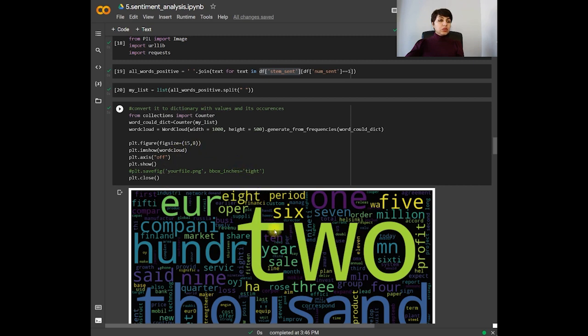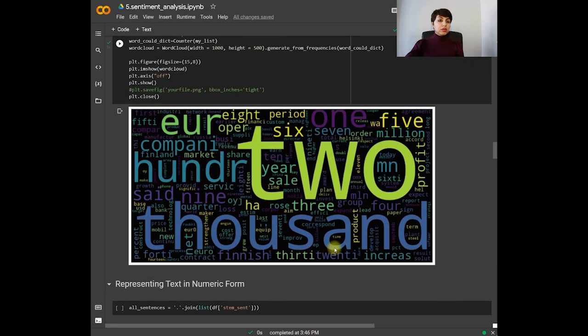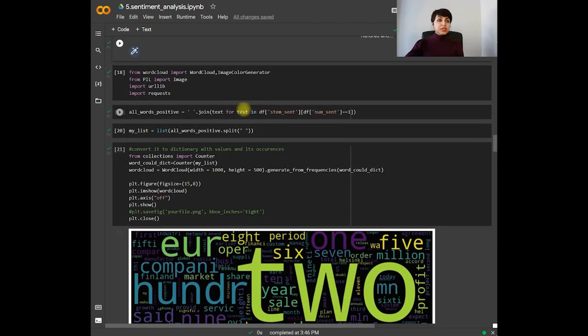Here we take all the positive words from the data frame, where the sentiment is equal to 1, and only take the values from the stem sentence column,